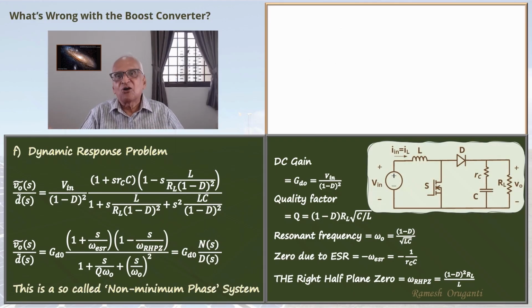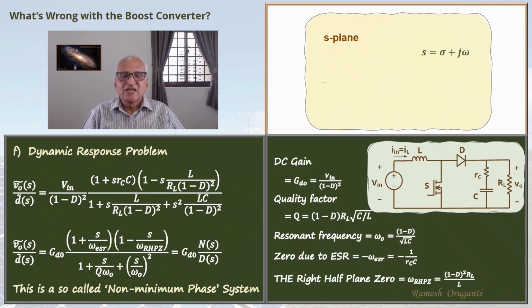Now we will see on the complex plane, on the S plane, where these poles and zeros are located. So S is sigma plus j omega. That is the complex frequency or the Laplace variable. This is the S plane. X-axis is the real axis, sigma, and the y-axis is the j omega axis. The denominator polynomial is a quadratic, and it will typically have a complex pair of roots, and we can plot them here,